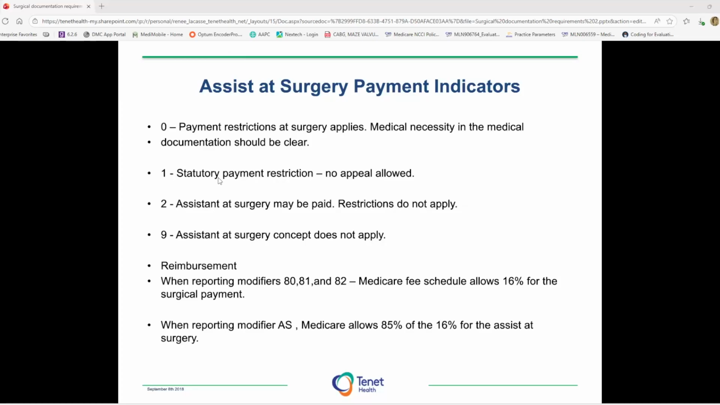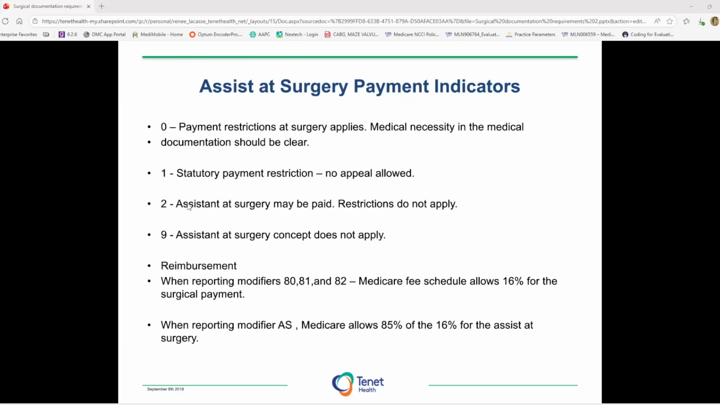We will submit the notes, but most of the time, insurance companies will come back and say, this doesn't support an assist. Unfortunately, we can't even appeal those ones. So, payment indicator 2, restrictions. When a surgery has a payment indicator 2,